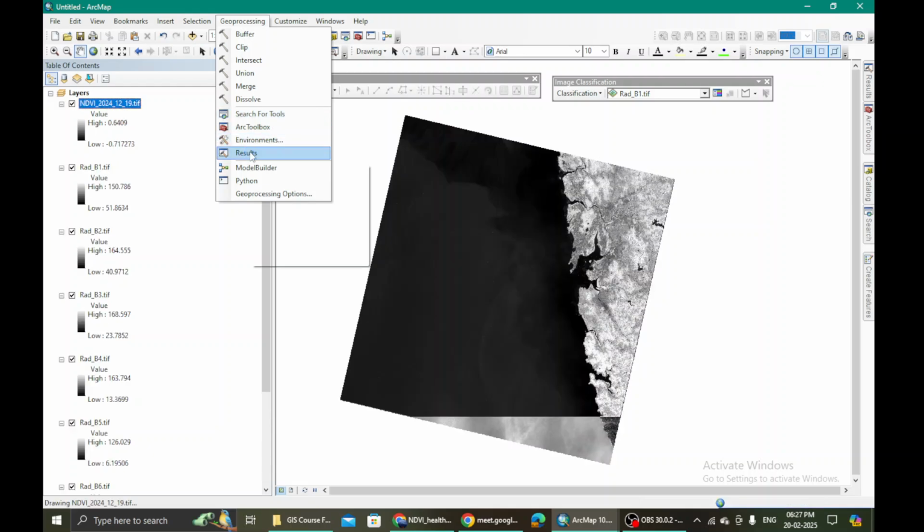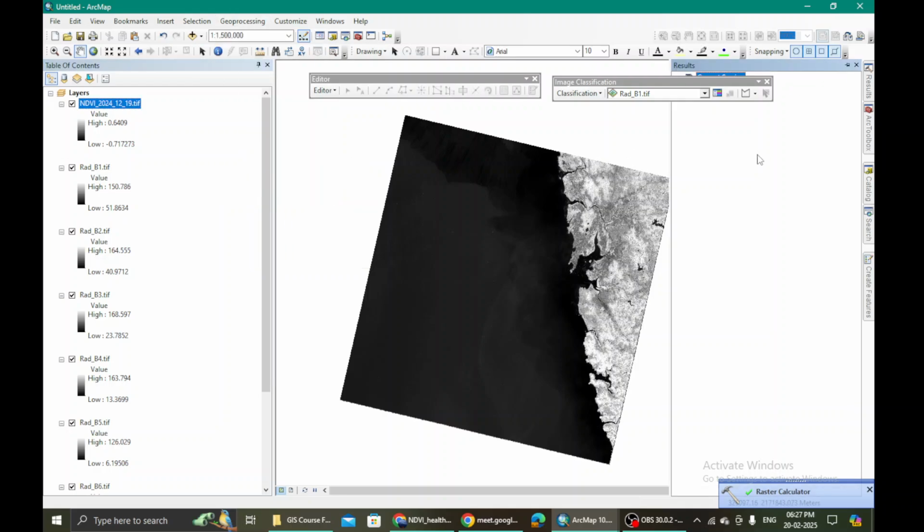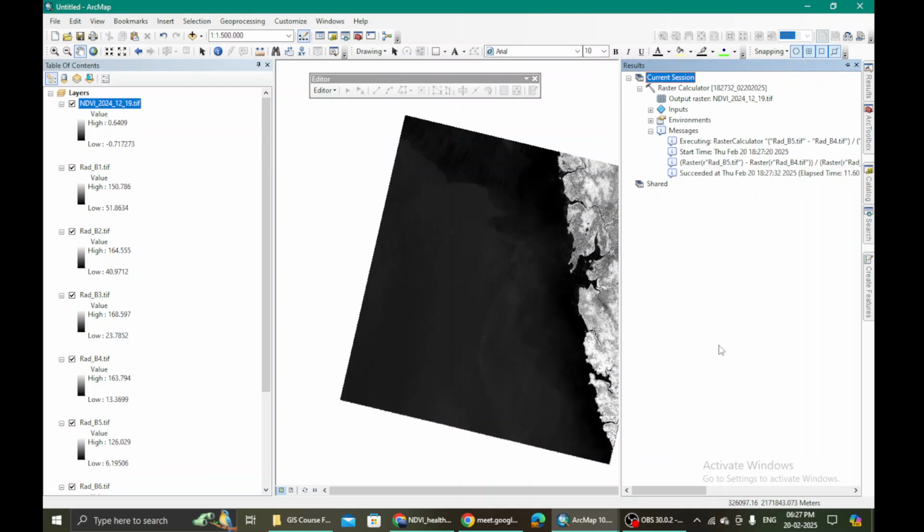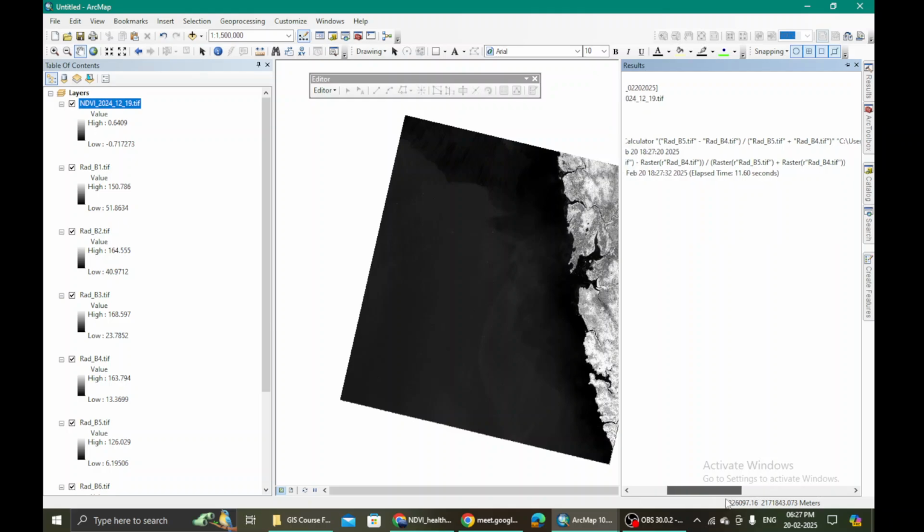So if you go to this results, open it, and then go to current raster calculator, NDVI input, and see what the message is. So find out what your message says.